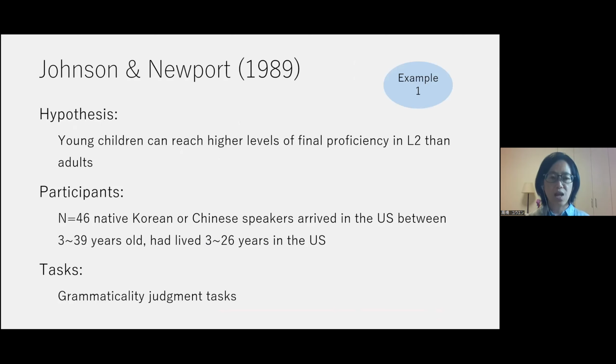They hypothesized that young children can reach higher levels of final proficiency in L2 than adults. And they asked 46 native Korean or Chinese speakers who arrived in the US between the age of 3 to 39, and they have lived,